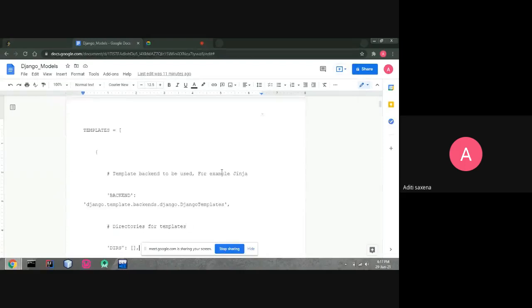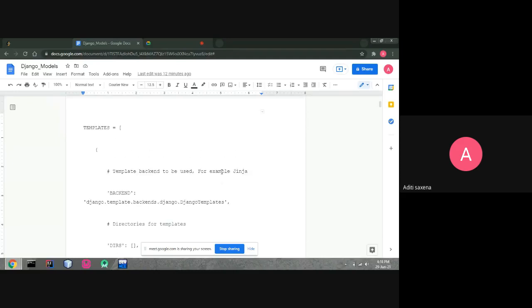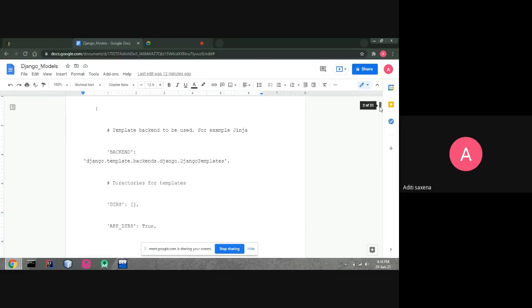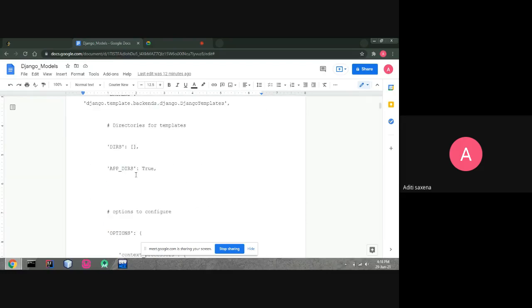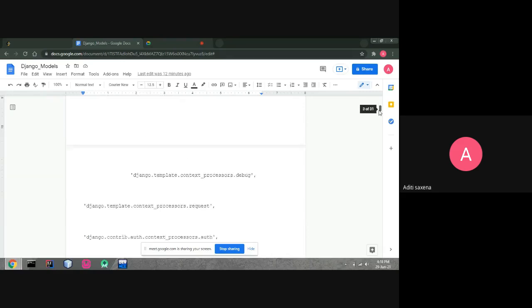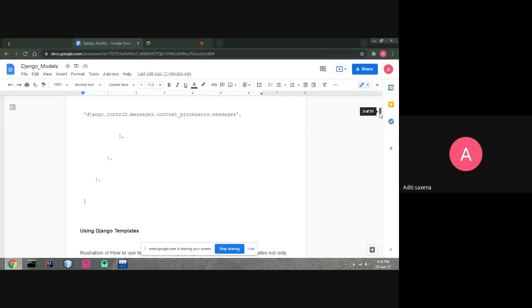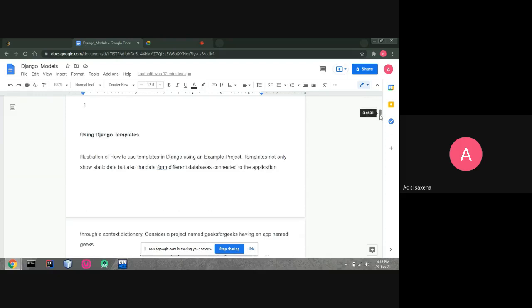In settings.py we make a configuration to connect templates with our Django: TEMPLATES, with BACKEND set to django.template.backends.django.DjangoTemplates, then DIRS, and APP_DIRS set to True. There is also the context processors option, which is predefined in the settings.py file. You don't need to work on it; you just have to make some basic changes in templates.